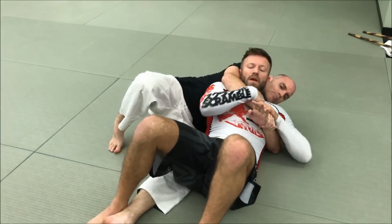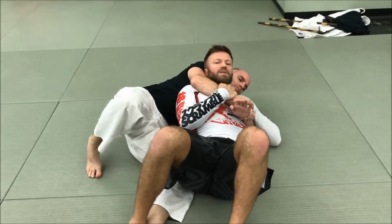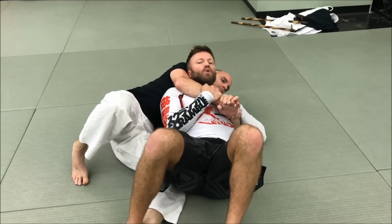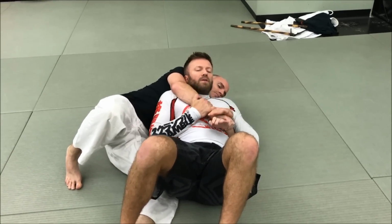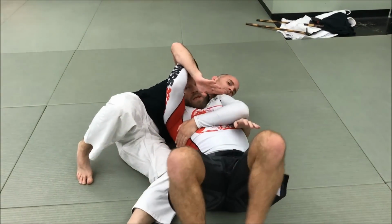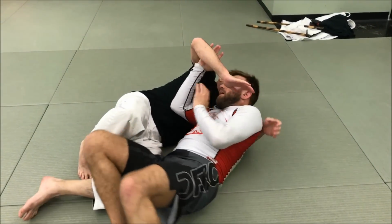And then look, from here, me trying to pull his hands apart is not always the easiest thing in the world, but I know that if he wants to try to choke me or anything from here, it's gonna be kind of a chore for him. So I'm gonna pull here to create some tension, and whenever I release the tension, I'm gonna put my hand inside here like this to be able to kind of work myself out like that, and then finally turn and